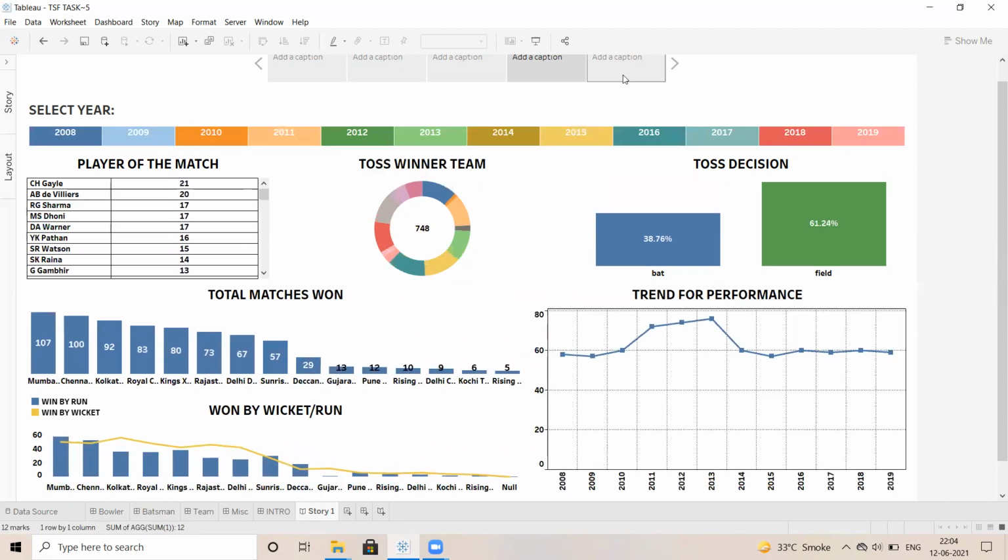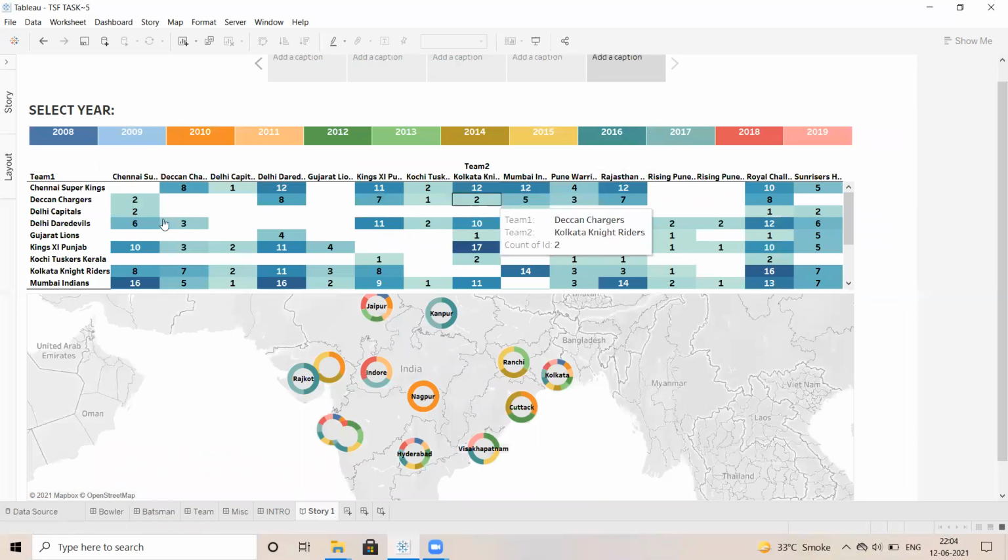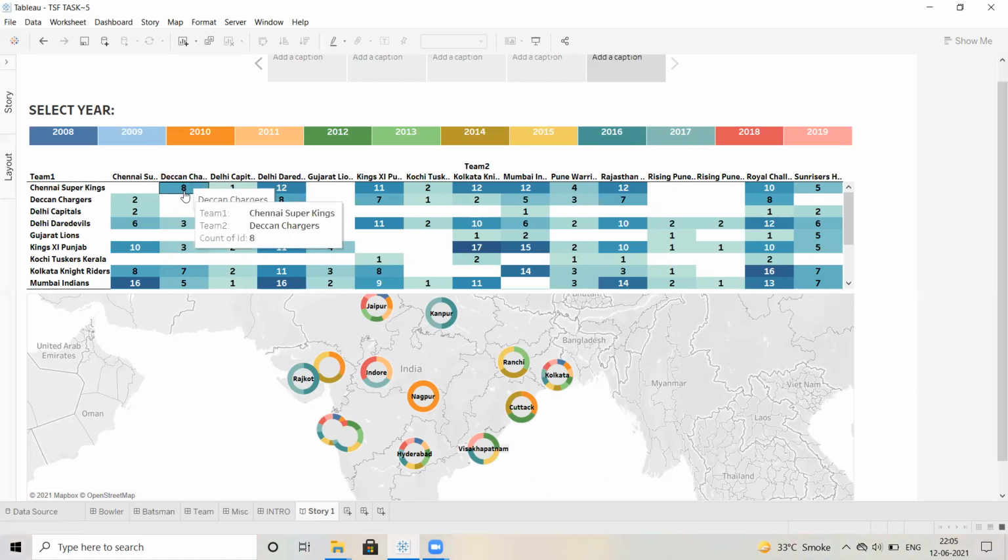In the same way, for the miscellaneous information, we can see which team played with its opponent how many times. Chennai Super Kings played against Delhi Daredevils 12 times. The names are different because, year-wise, the names changed. Against Deccan Chargers they played 8 times, against Pune Warriors 12 times, 4 times, etc. Here, in each city, how many years the matches were played is displayed in this module.